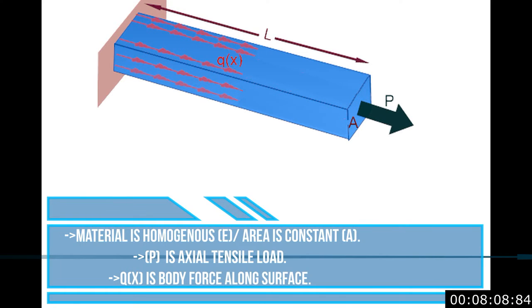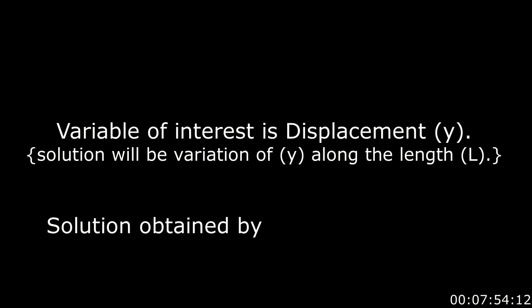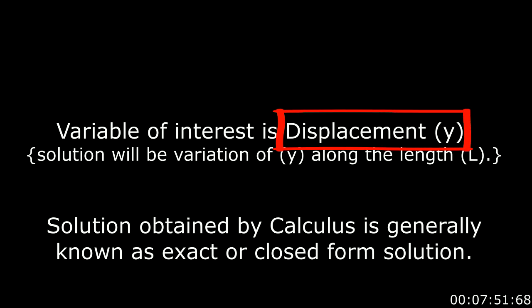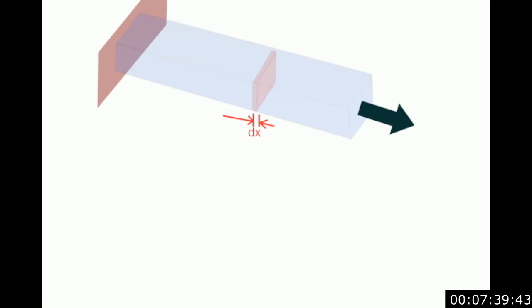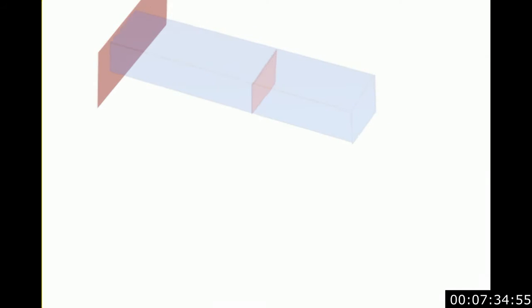The tensile load P is acting axially outward on the free end and Qx is the tangential body force per unit length acting along the surface. In this problem, the variable of interest is the amount of displacement along the length due to the forces acting on the bar. The solution can be obtained by using differential calculus and is generally known as the exact or closed form solution. To derive the governing equation, an element dx is taken at a distance x from the fixed